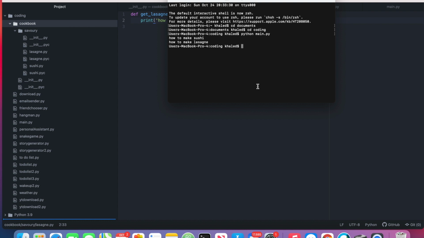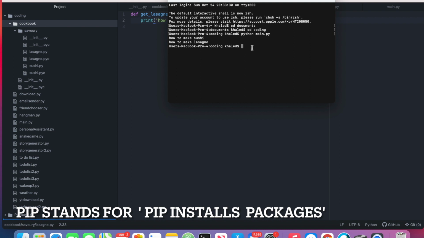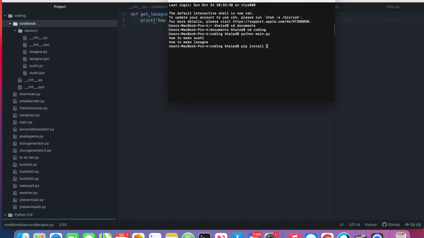Now we know what packages are, I'll show you how to install pip packages. To install a pip package, all we need to do is type pip install, and today we're just going to do Seaborn, which is just a type of pip package. There's loads of others which you could install. I'm just going to write pip install Seaborn,